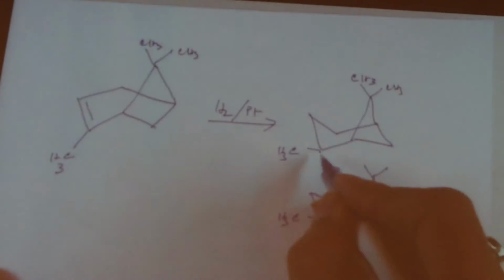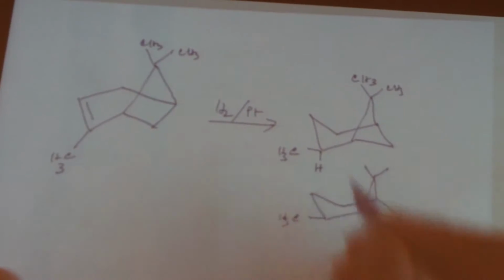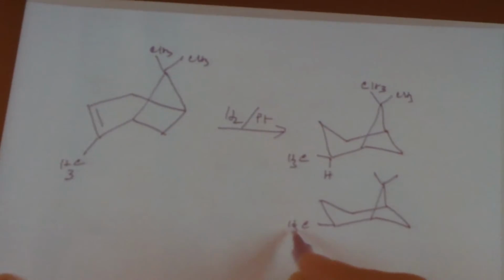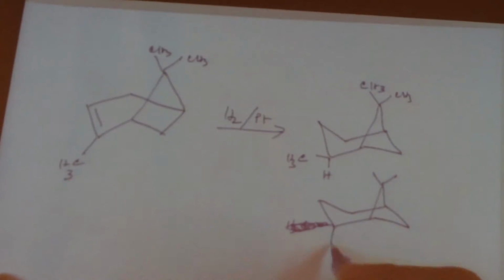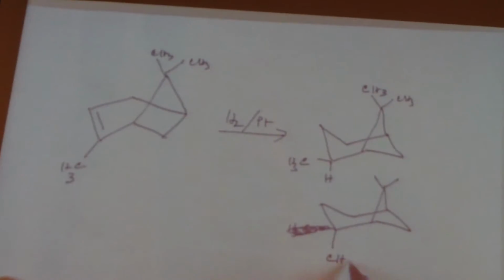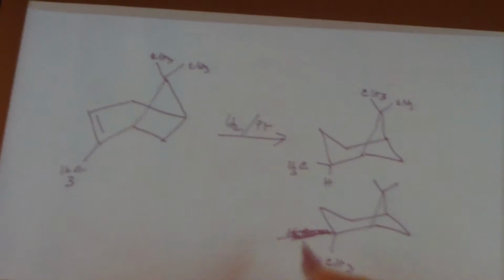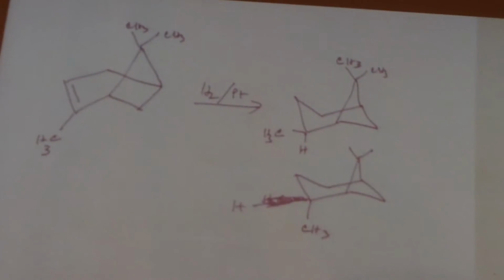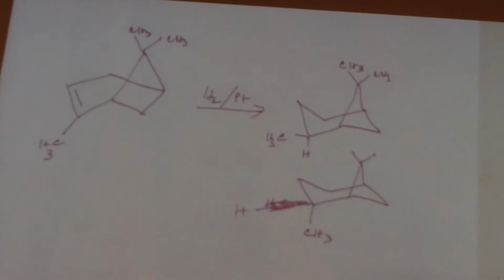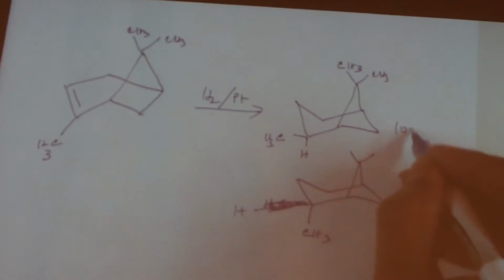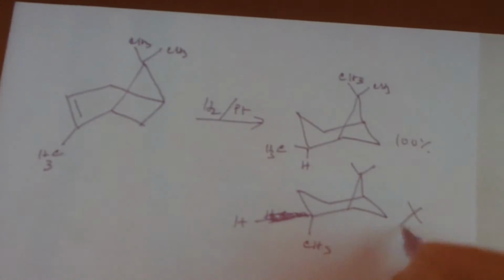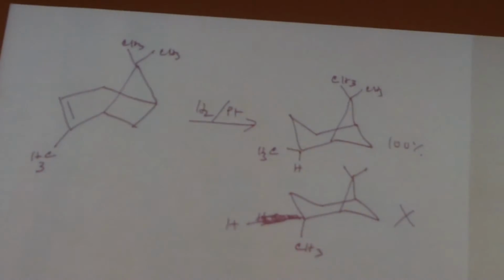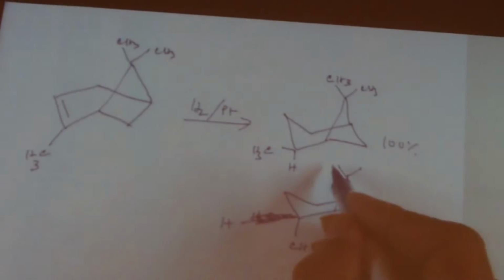And if we look at the other hydrogen, in this case the hydrogen comes from the bottom. Why did I draw that? And in this case, the hydrogen would come from the top. And it turns out that again here, this is 100% of the product. And this is not generated at all, because in this case, the hydrogen has to come from the top, and the top is blocked by the methyl